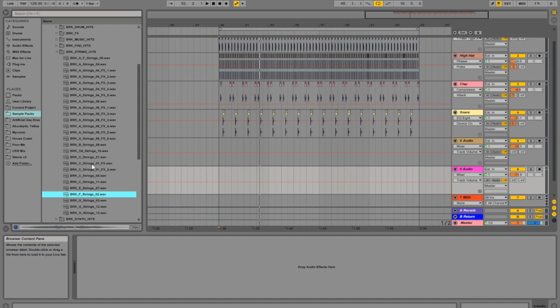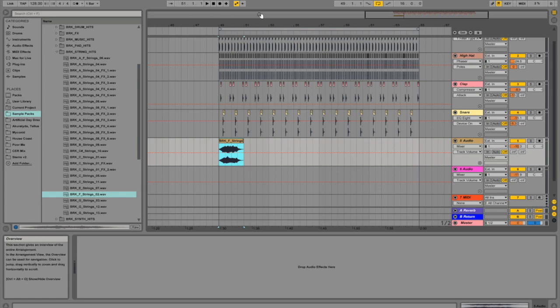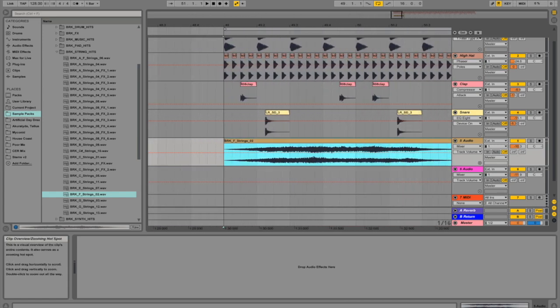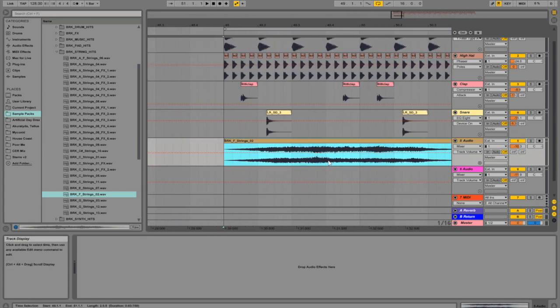You'll notice that it says A, B, C sharp. This just indicates the key that this pad or string loop is in. So let's solo it, see what it sounds like. Now because it fades in and out, and I'm thinking of having a constant sound going,